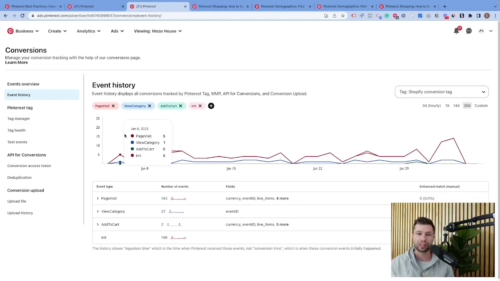This is a crucial step because without this, you're basically flying blind when it comes to running ads, and you'll only be able to see when people click on your ads, but you won't be able to see if those ads generate revenue for your business. So I highly recommend going through and setting up your pixel. You can see that mine's set up here for my demo Shopify store,